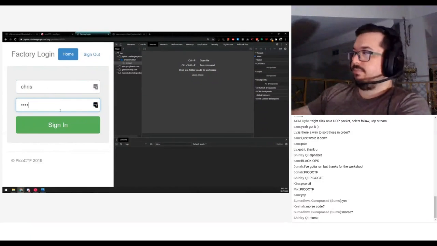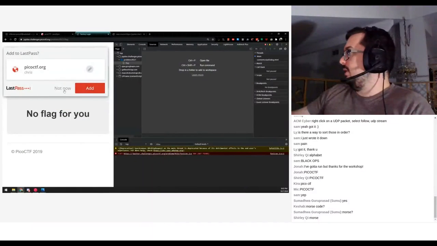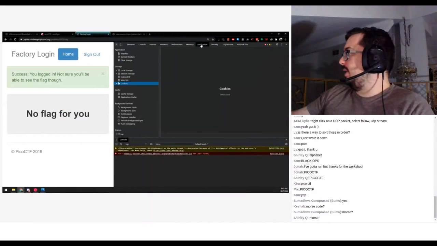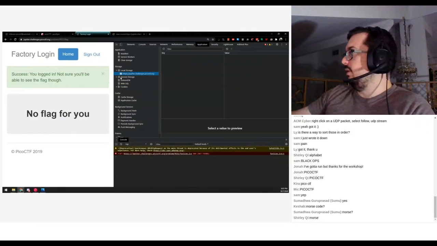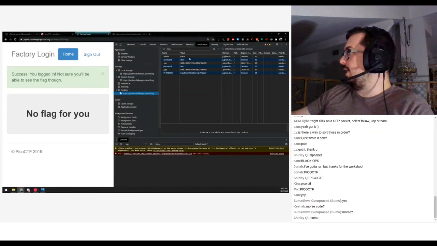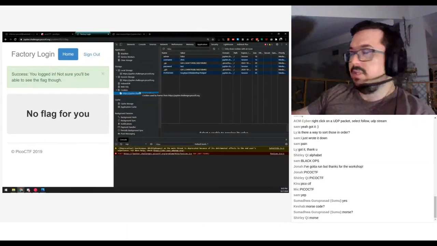Test. So the other thing that we can do here is look at application. In this applications tab, it's going to tell you what's stored on your computer. There's nothing in local, nothing in session. But we are looking at the cookies now. So everyone knows cookies. They're so delicious, right? Chocolate